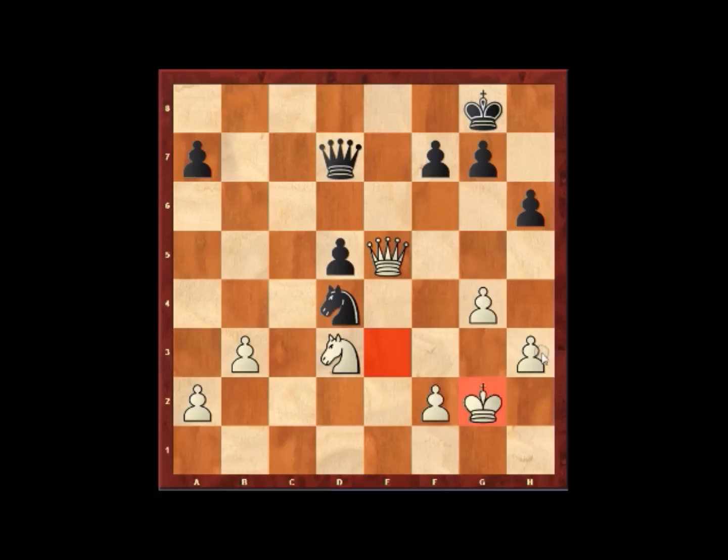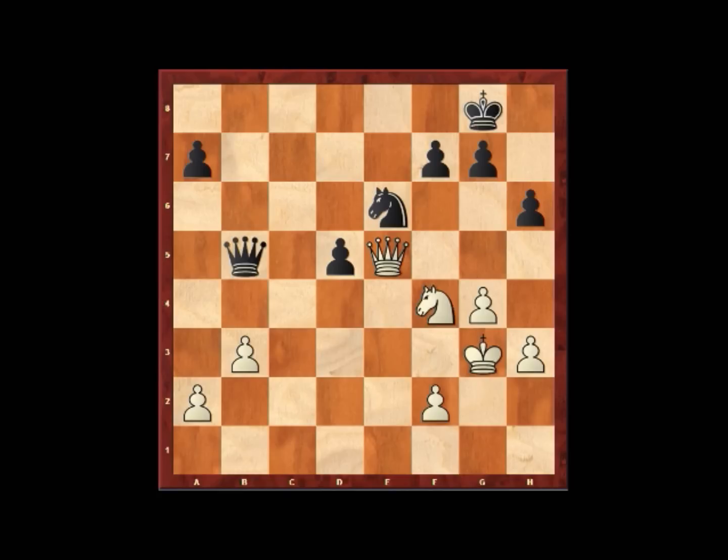And that vulnerability of the white king could allow for a little bit of counterplay, especially as the clocks are ticking down to the first time control at move 40. Black continues knight e6, king g3, queen b5, knight f4, and now an exchange of knights. With queen b4 check, king f3, and now